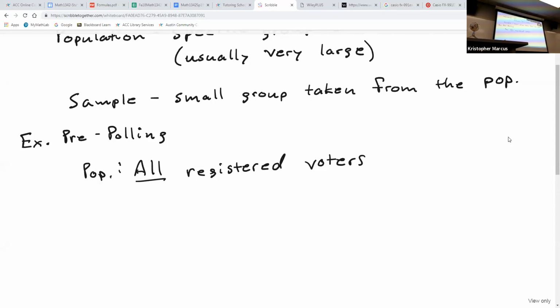You're not clairvoyant. So if you go and you ask them, how are you going to ask all the registered voters? What could be some of the problems that you'd run across trying to access every registered voter while asking them? There we go. Okay, so different ways of polling.